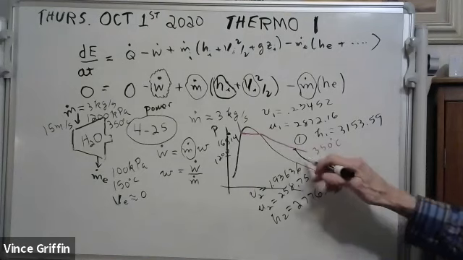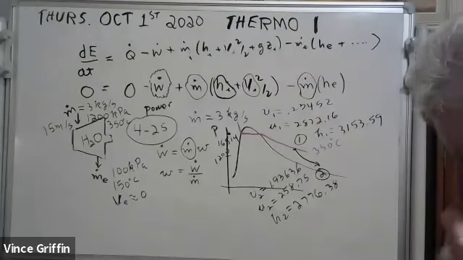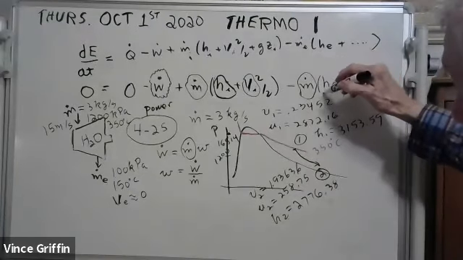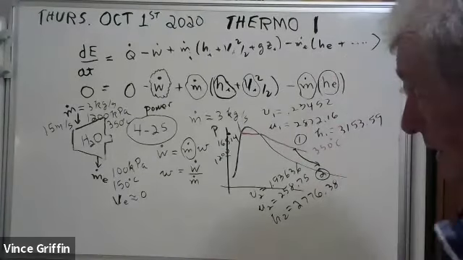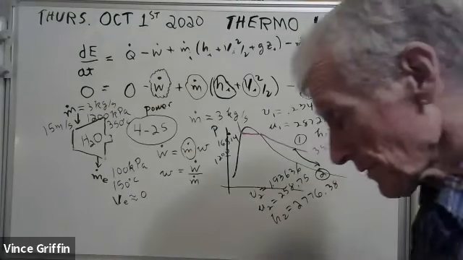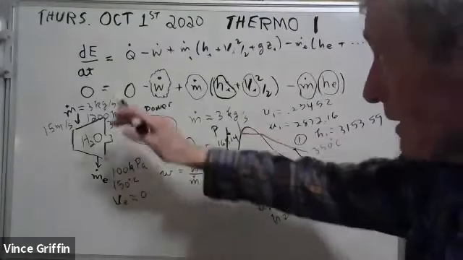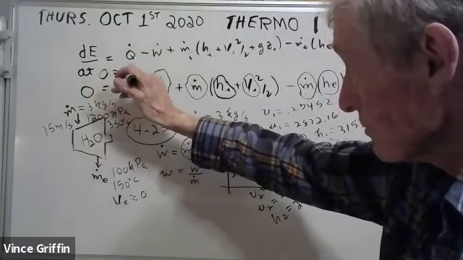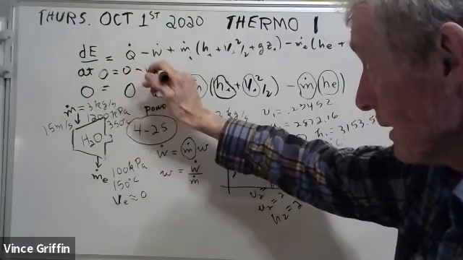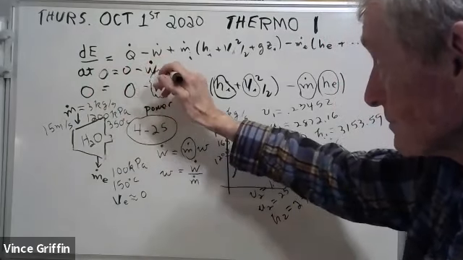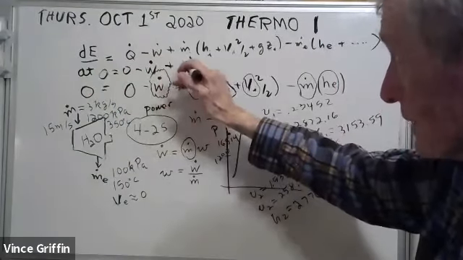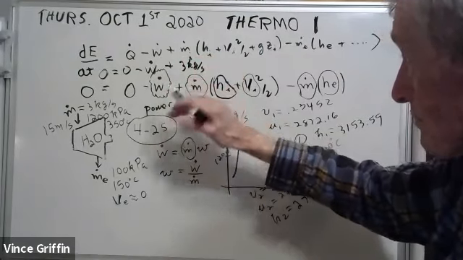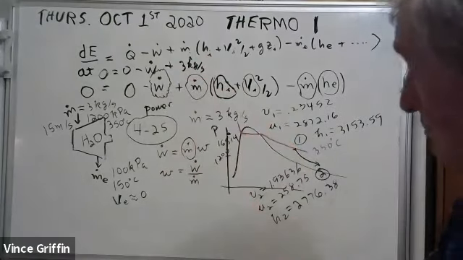There's state 2. There's your process. It's out there in the superheated vapor region. And hey, I just got this. Look here, I got everything I need. Now let me put the numbers in. Okay, we got a 0 here. Equals 0 minus the power plus 3 kilograms per second times